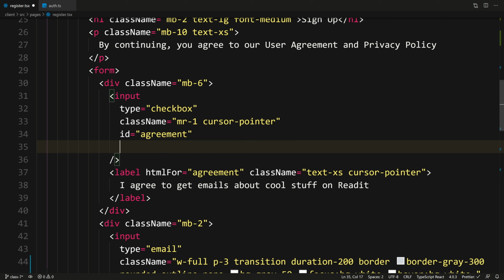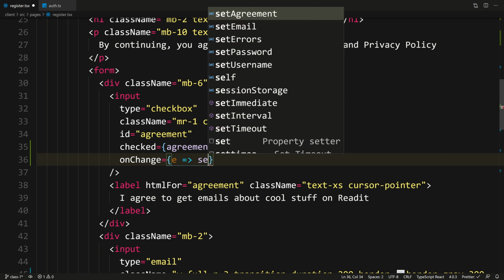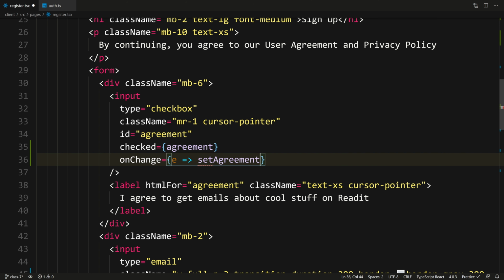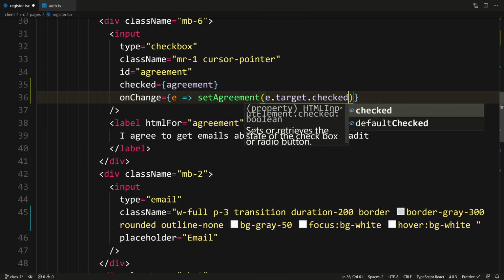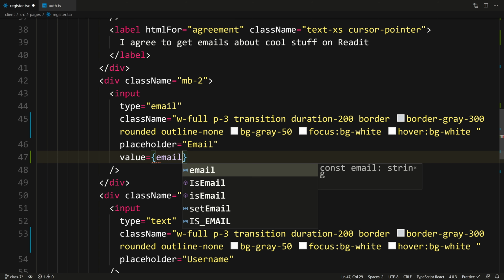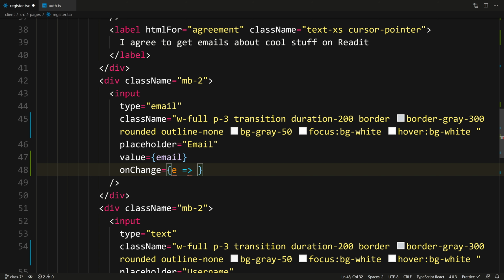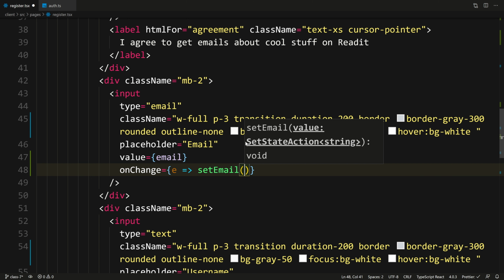So here we have the agreement. So this is a checkbox, so we'll say checked equals agreement. And also when it changes, so on change, we're gonna do an expression, and then we're gonna take an event, and we're gonna set agreement to event.target.checked. And then for the email here, so value equals email, and on change equals, we're gonna have an event, and then we're gonna set email to